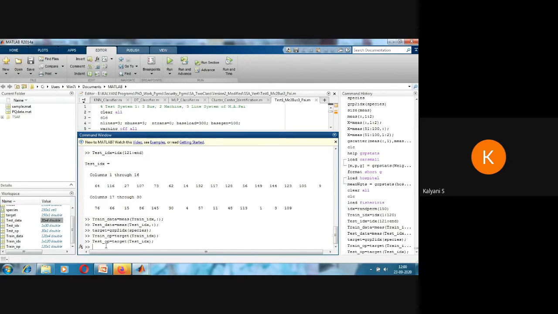I will validate my model with the test data and see whether the obtained output matches the test output, to find the accuracy of the model. Are these steps clear? How I am taking the train data, test data, train output, test output. Please let me know whether this point is clear.